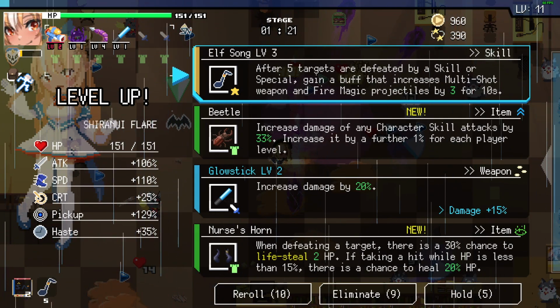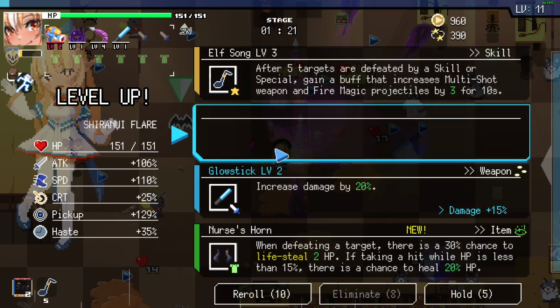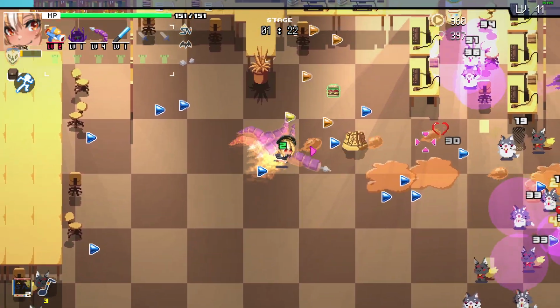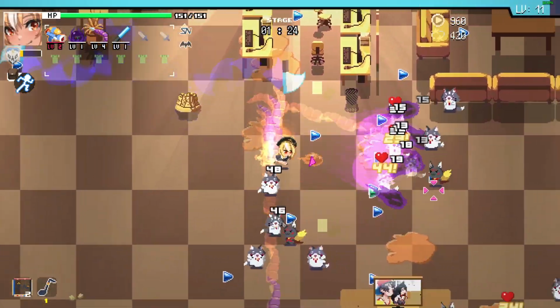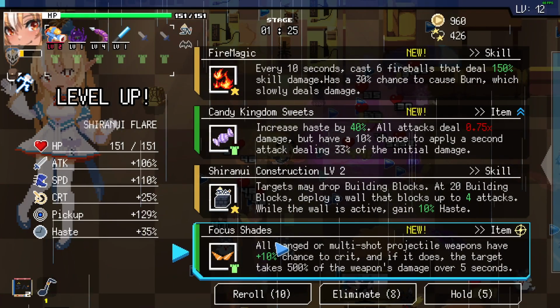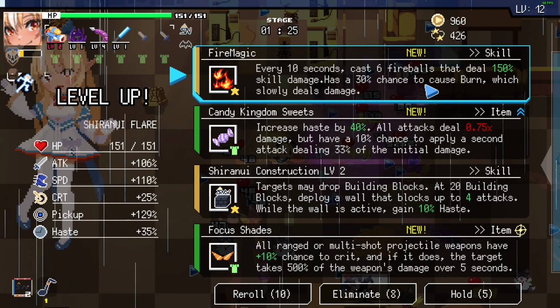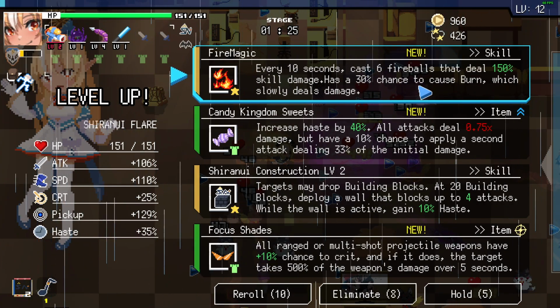We don't want Beetle here, so I'm probably just gonna remove that real quick. The items are a lot more intrusive when it comes to what you can ban, because there's way more items compared to weapons. Fire magic every 10 seconds has 8 or 6 fireballs that deal 150 skill damage, has a